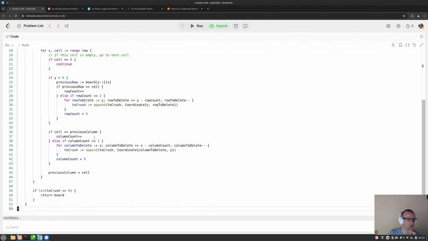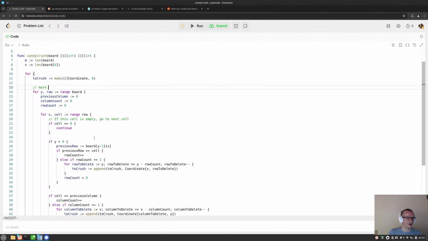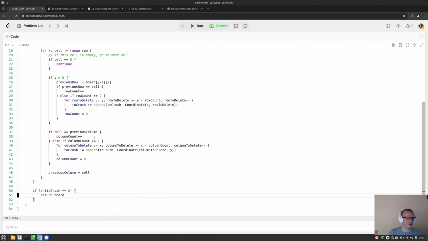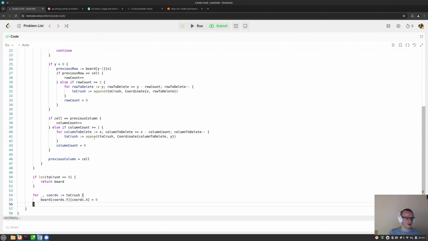Okay, and now I'm going to... and it seems I never needed this, so mark for crushing, and then there is going to be a second step, and this is going to be for coordinates into crush and board chords y chords x equals 0, and